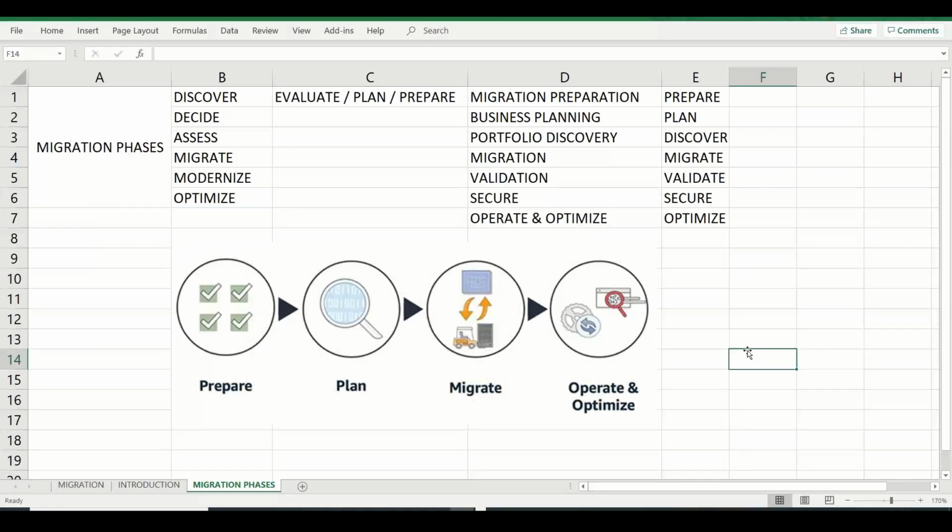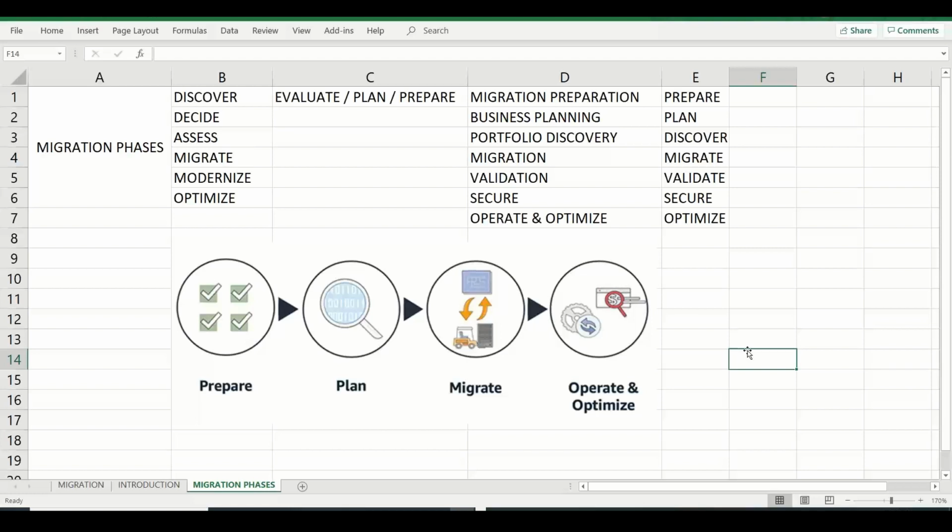So when people ask you about migration phases, generally we don't start with the migration as a first step. Before that, we need to understand the different applications, how many environments they have, whether they have test and development environments, and whether there are any security compliance requirements associated with these workloads. We need to understand those things, and only then can you form a portfolio discovery. After the portfolio discovery is done, you can do wave planning: whether we need to start with a pilot or POC, which systems we need to migrate, and whether we migrate the test or development systems first. Those decisions are made in the preparation and planning phase. Only then do we go to the actual migration.